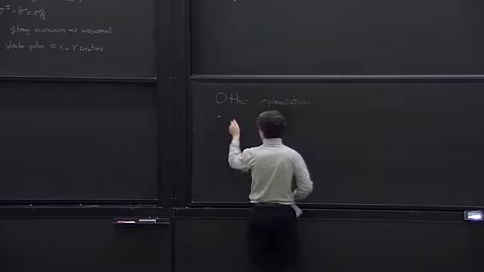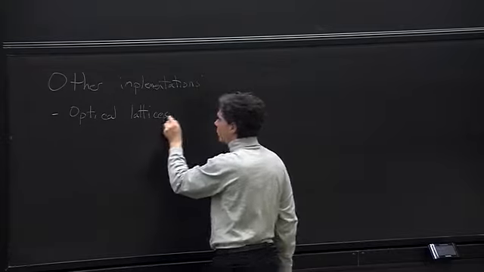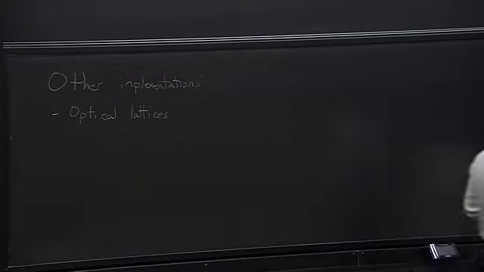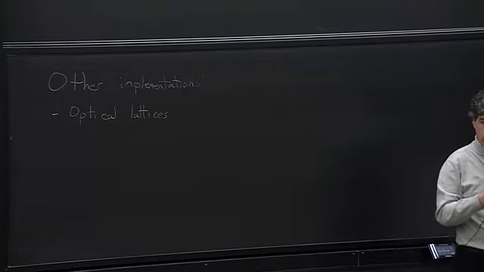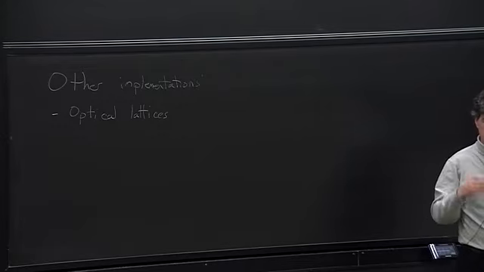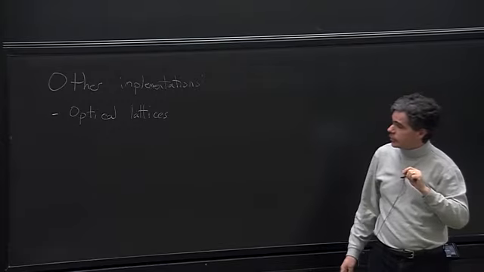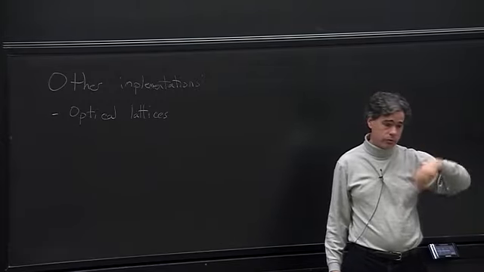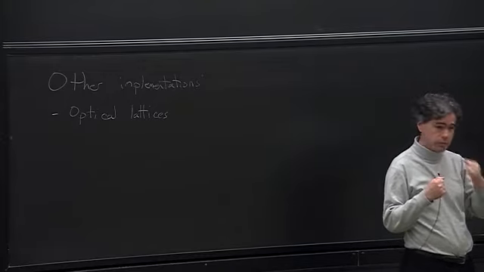So one fairly important alternative to this whole approach is optical lattices. So suppose you take 2 lasers and shine them at each other, right? 2 lasers of the same frequency. You get a standing wave. So there'll be some places where the field is high and some places where the field is low. The high places, the field is oscillating, obviously, but the electric and magnetic fields are out of phase, so one of them will always be high. And if you take an atom that has some energy levels which are in resonance with this laser frequency,